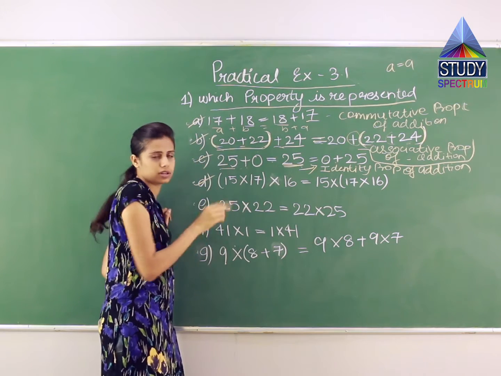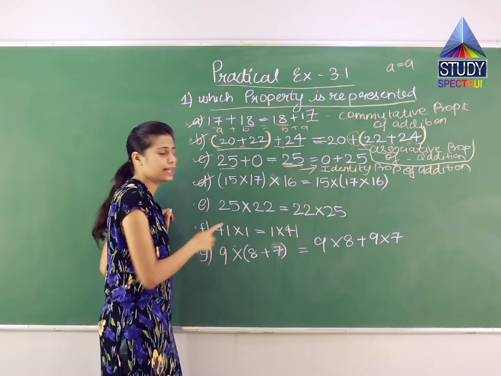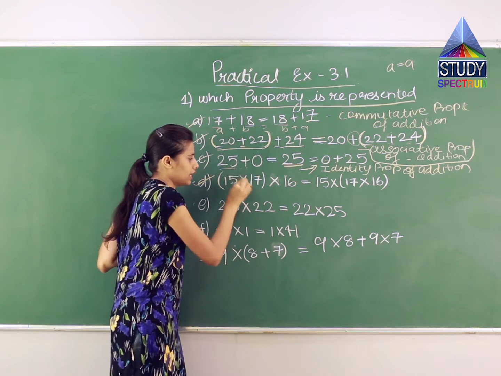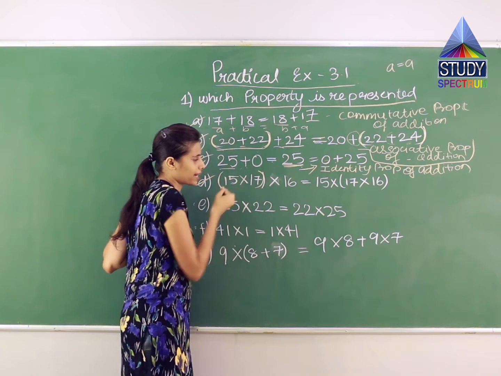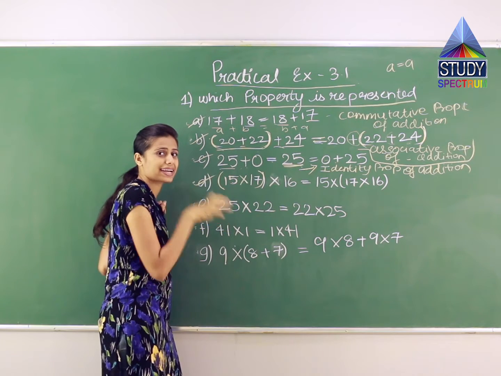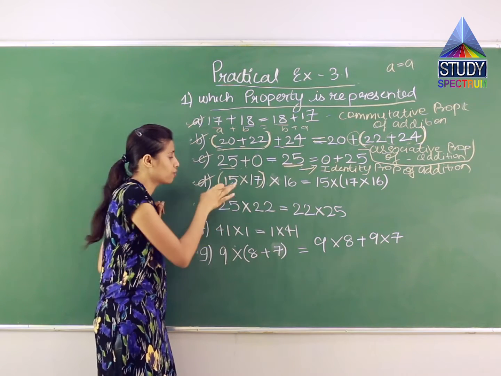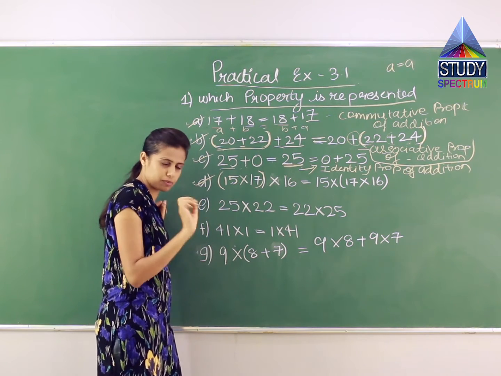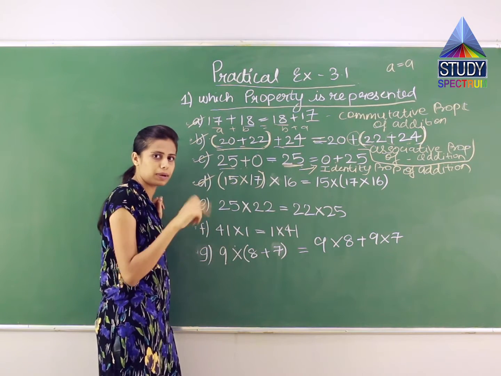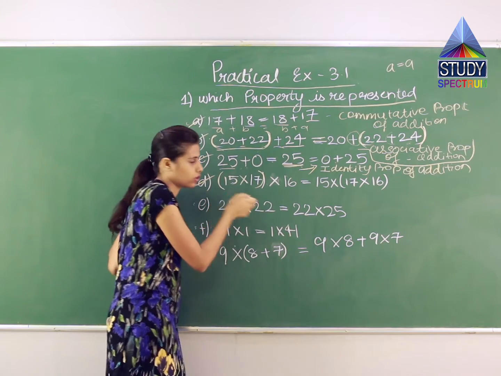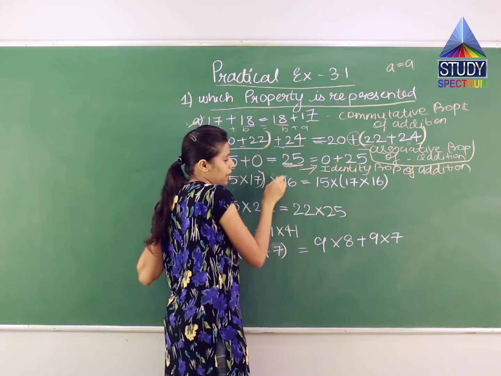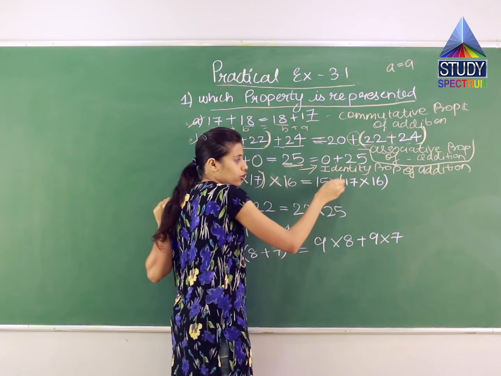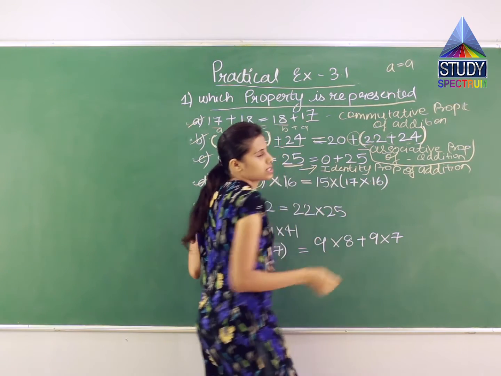Now the fourth question. We are completed with 3 questions. In this question they are saying, in bracket, 15 multiplied by 70, bracket close. Means what? The bracket is outside which two numbers? 15 and 70. So they are telling that if 15 and 70 are both multiplied with each other and the bracket is outside, means this should be solved first, and this bracket is multiplied by 16, it will be equal to 15 into bracket 17 into 16.